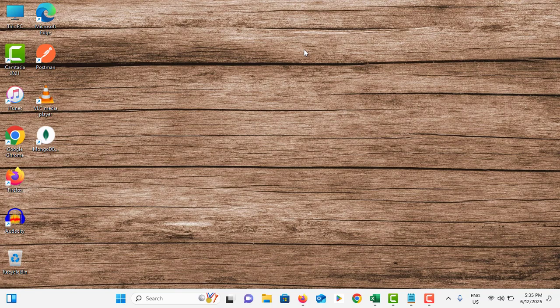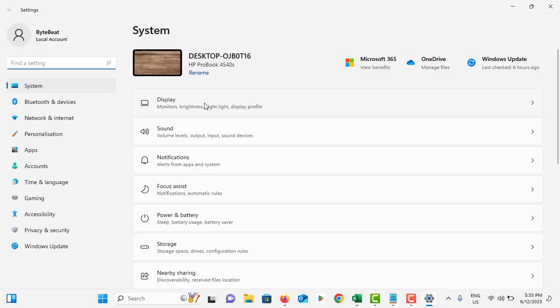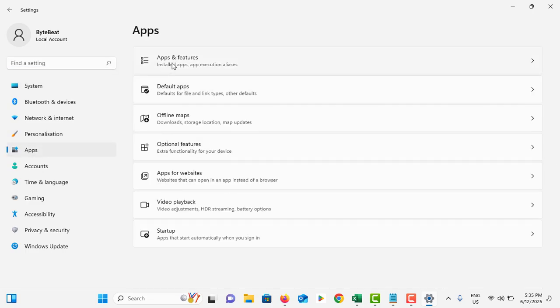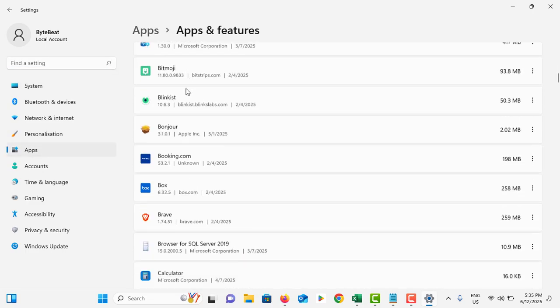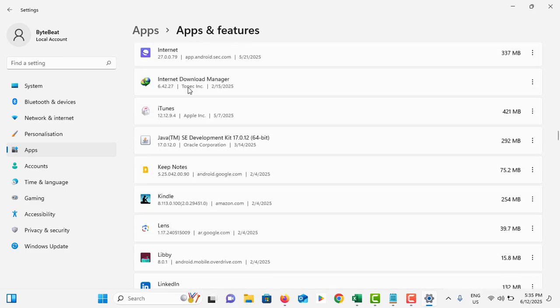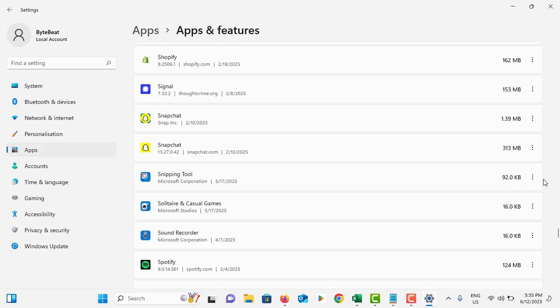And if you need to reset or repair your Snipping Tool, tap on the Start menu, go to Settings, tap on Apps in the left side menu, go to Apps and features, scroll down and find Snipping Tool. Here it is. You can see there are three dots on the right side. Tap on it, tap on Advanced options,